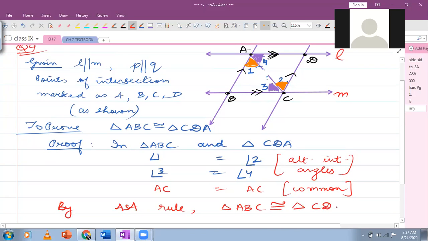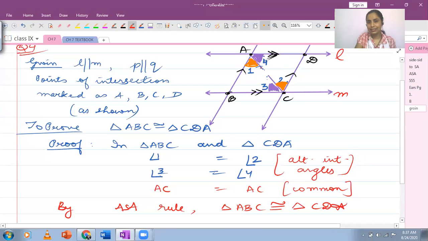None. By AAS. Yes. Then we write the side is between the two angles. Angle 1 equal to angle 2. Do we need to write in which pair of lines and what is the transversal that we are using here? No, that's not necessary. You can simply mention that these are a pair of alternate interior angles. That will be sufficient.